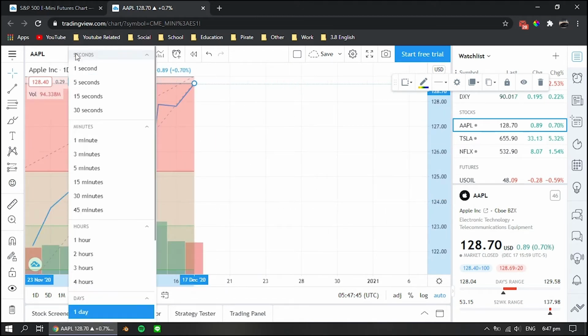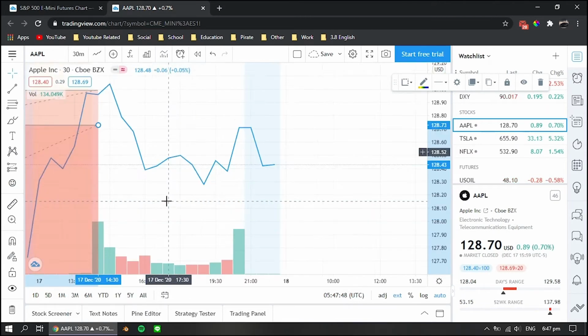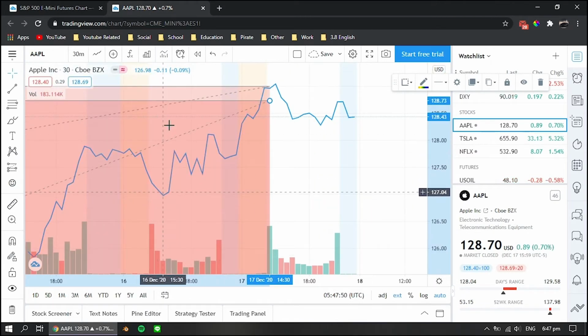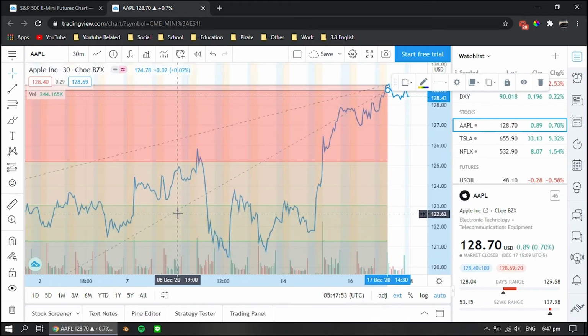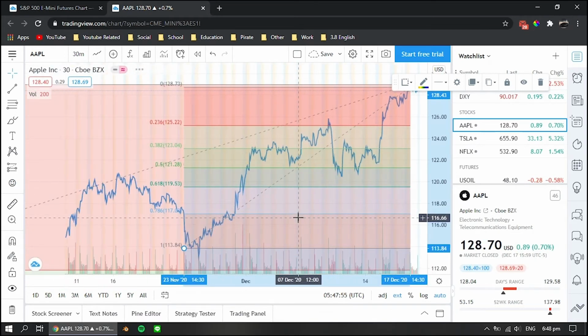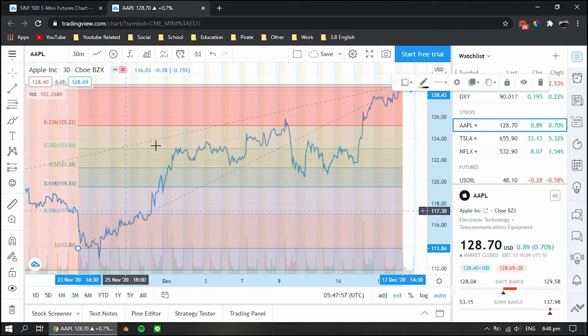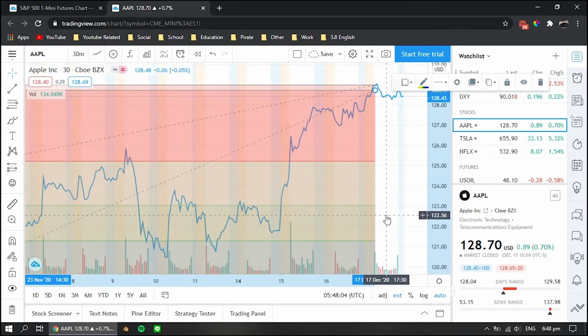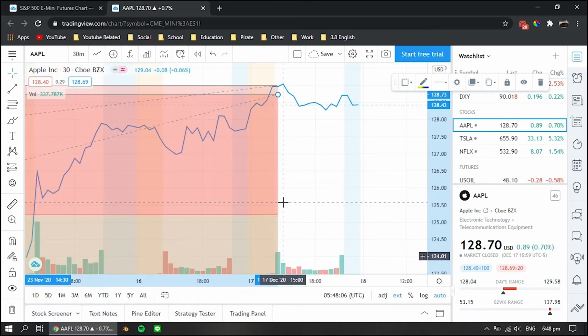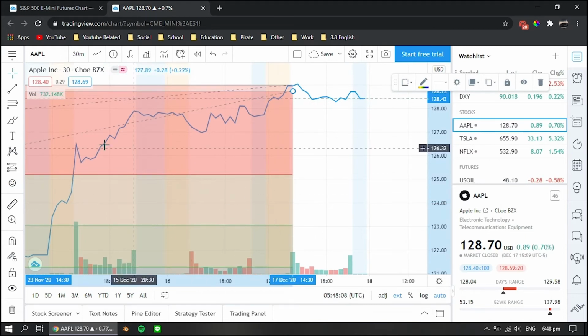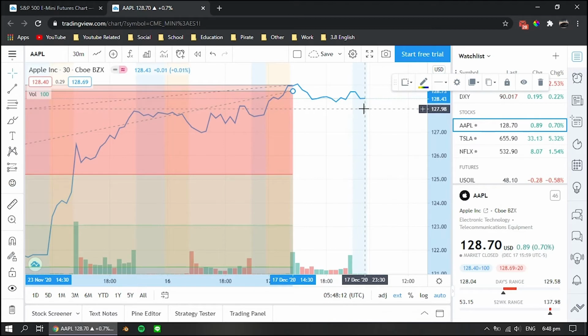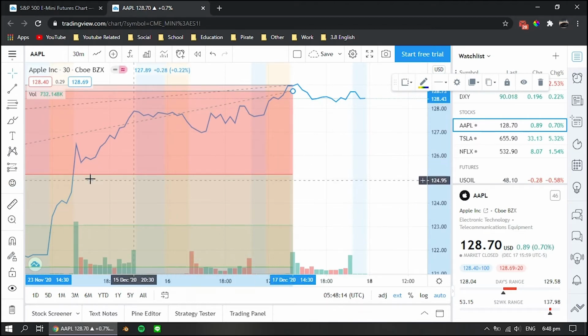If you go from this and change it to say 30 minutes or something, you can get a much deeper understanding of how the stock is actually moving, because the graph is now more detailed than it was before. But as you can see, it's just a little bit messy. It's generally going up, but not in a steady movement. If I were to look at the past day or two, you would see that it's moving up very generally forward, but it's not too